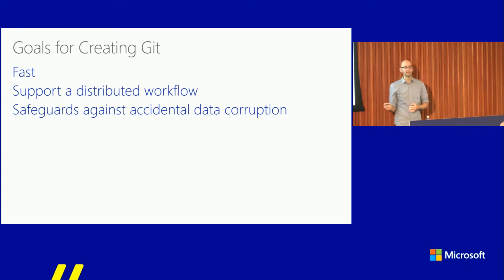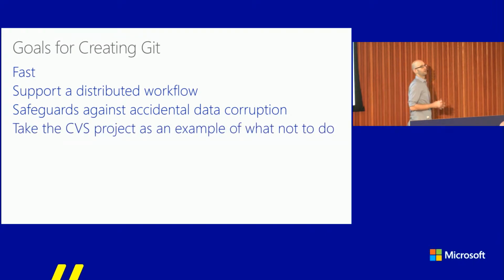What's missing from this list is that Git had to be easy to use. Totally not on this list. In fact, there's one thing that he had on this list that I haven't listed. He said that if ever there was a discussion of how Git should be developed, you should look at the CVS project, the Concurrent Versions System, as an example of what not to do. And I know the CVS developers wanted to make a system that was actually easy to use. So Linus almost was trying to build a difficult to use system. And